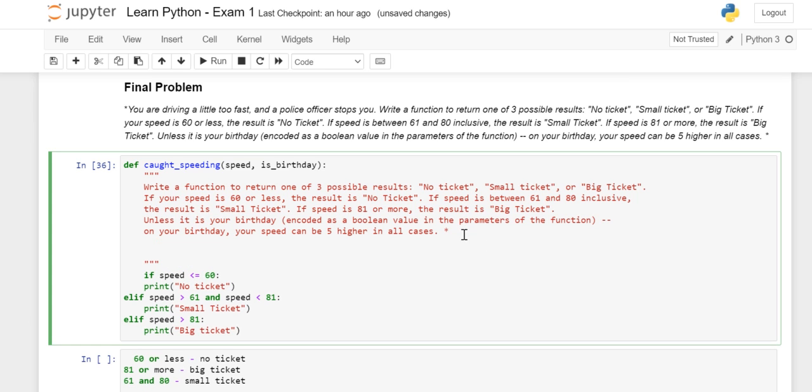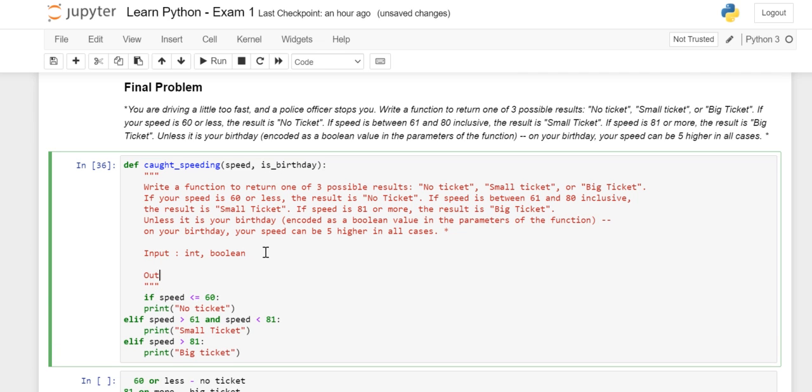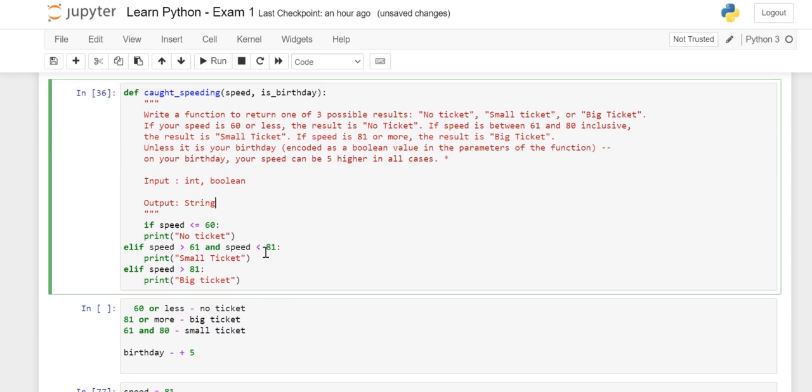We have two inputs: one is an integer, and the other one is boolean, whether it's your birthday or not, correct? Is birthday, you have to pass true or false, and output is a string value, possible three scenarios: no ticket, small, and big.